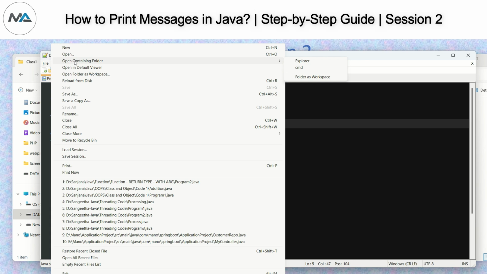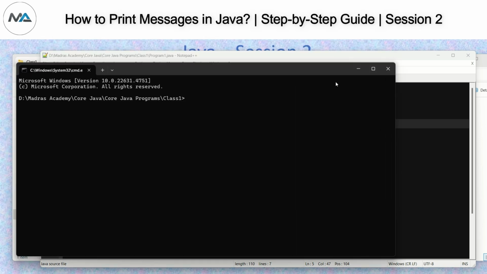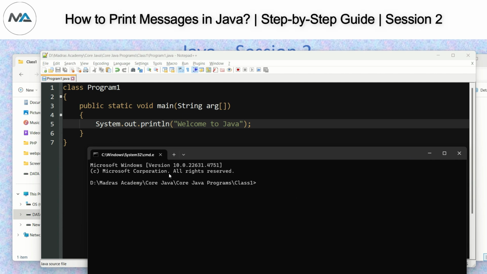So here we are having open containing folder, right? And here itself we can open the command window directly like this. See, it's opened. Okay, so now I'm going to type CLS. This is clear screen. Okay, now we'll get the class 1 folder, only that command we are having, and I'm going to compile the program with javac